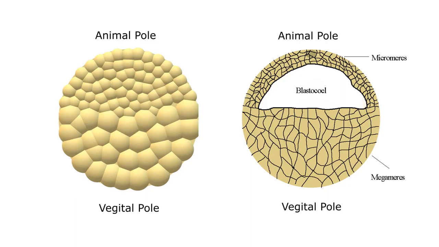Now, you can see there are distinctly two-sided cells. The cells at the animal pole are smaller in size, while at the vegetal pole they are larger in size. The cells are larger at vegetal pole because they contain large quantity of yolk. Now, yolk is a non-living material. Because of that, it retards the rate of cleavage. Since yolk is present there, it is called as the vegetal pole. At the animal pole, yolk is less or almost nil.